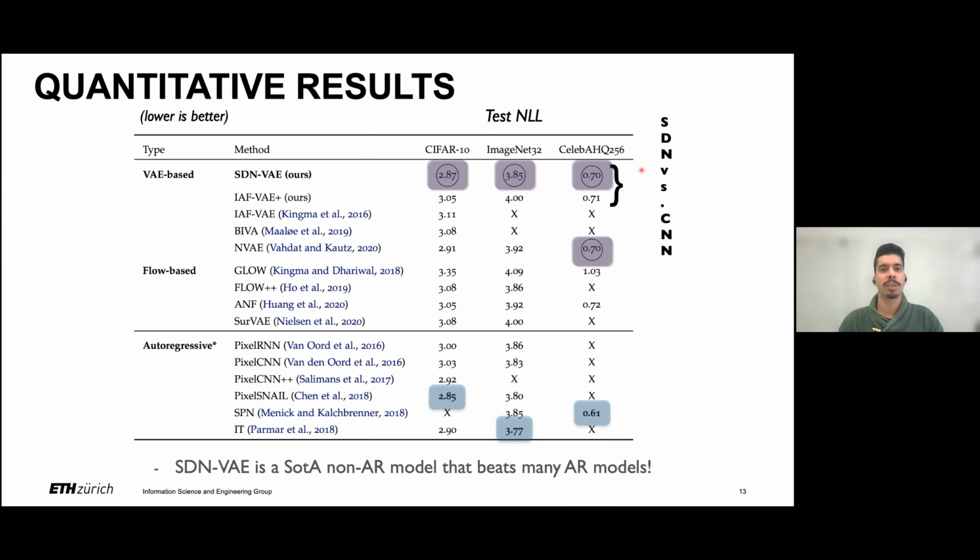The last comment is that we also evaluated the comparison between the CNN with our hierarchical VAE, and at the same time, the hierarchical VAE with the SDN layer. And we can see throughout the data sets a decrease in the negative log likelihoods. So looking at the images,